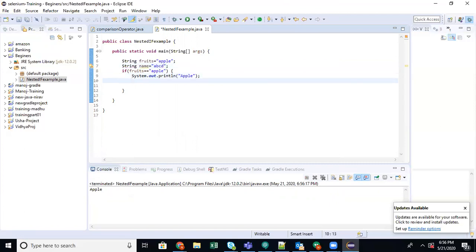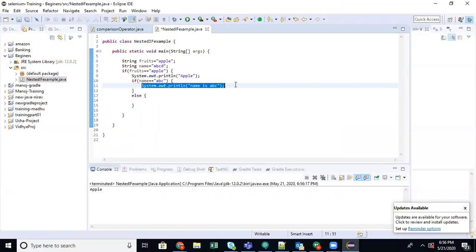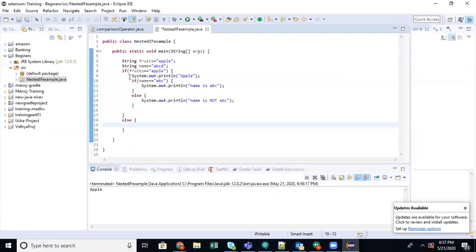So if fruit is equal to apple, then I'm checking if name equal to ABCD or ABC. Else, okay.